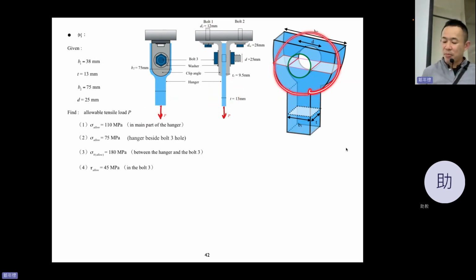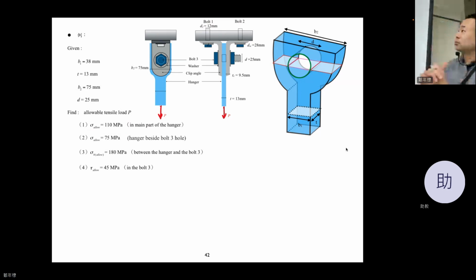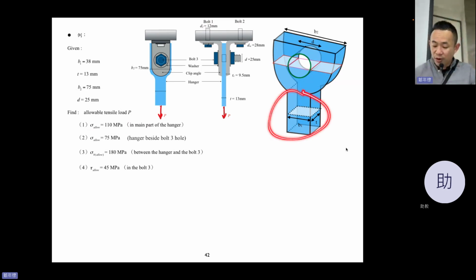Main part. This is not the main part. This is the main part. The main part is this one. Then this one is kind of trying to fix on that on the ceiling. But the main part of it,